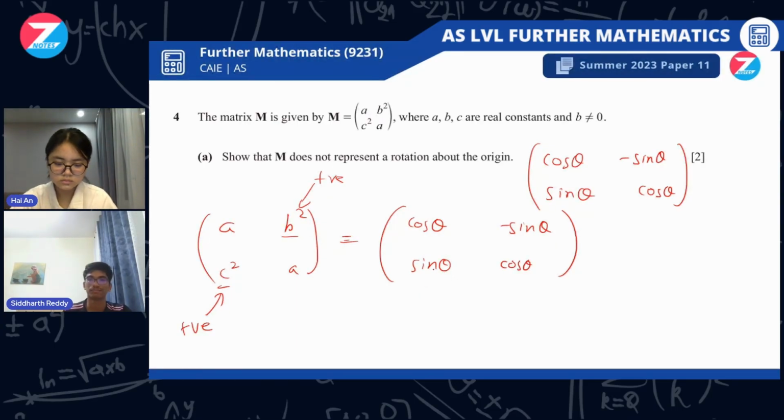And over here, one is definitely going to be the opposite sign of the other. So they both can't be positive. So that's one reason why, but we need to elaborate more, because one possibility is